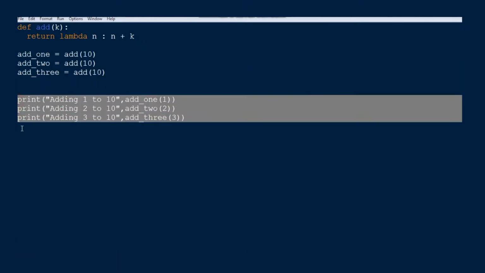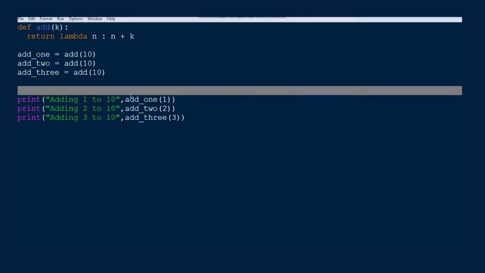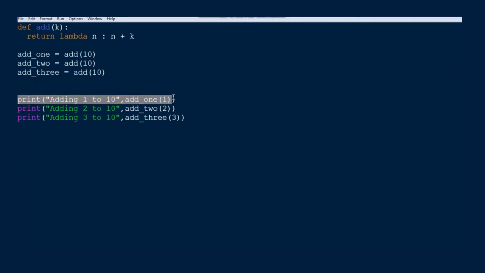When 1 is passed, the lambda function becomes 1 plus 10 and returns 11. Similarly, in the second print statement, the lambda function is invoked with 2 and the result returned is 12, and so on. Run and see what output you are getting for this lambda function.